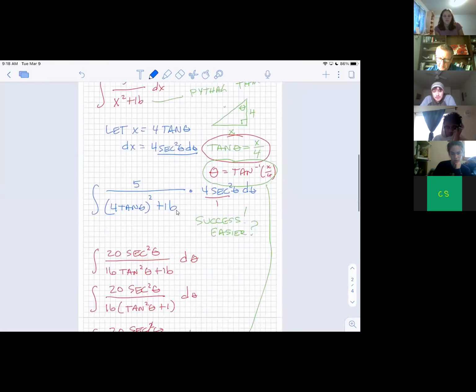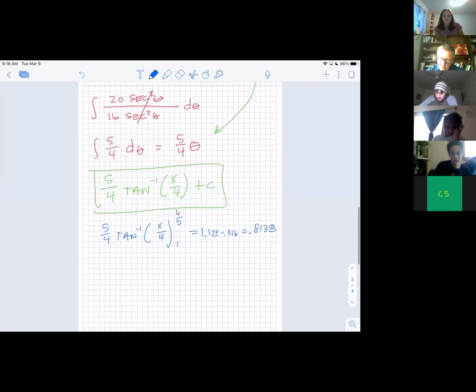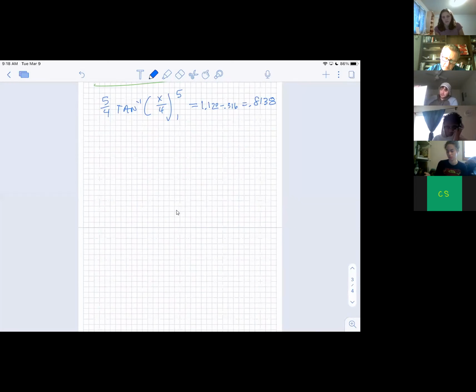I'll set this one up and we'll finish it tomorrow, perhaps. Let me see where we go here. Maybe we'll have time. Another example. What if I asked you for the integral of